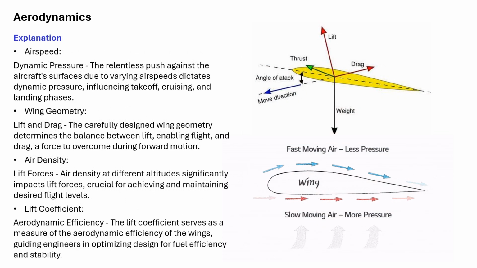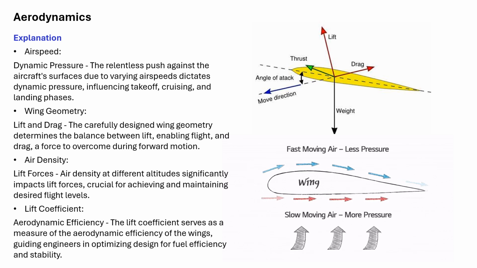Let's understand these terms. Airspeed affects dynamic pressure. The relentless push against the aircraft's surfaces due to varying airspeeds dictates dynamic pressure, influencing takeoff, cruising, and landing phases. Wing geometry affects lift and drag. The carefully designed wing geometry determines the balance between lift, enabling flight, and drag, a force to overcome during forward